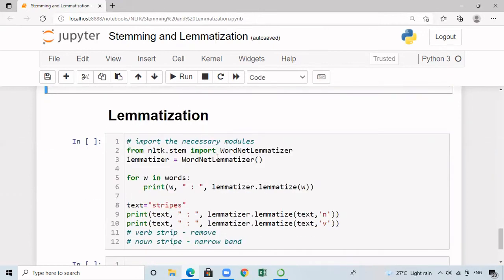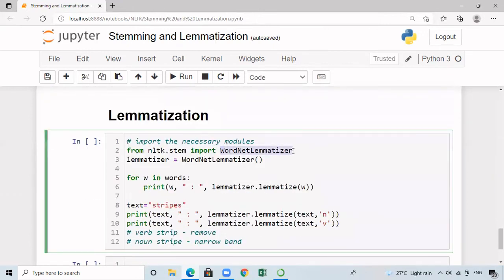For applying lemmatization, we need to import WordNetLemmatizer, and this is available in nltk.stem. After that, create an object for the class WordNetLemmatizer, and that is stored in the variable called lemmatizer. Then I'm going to take each word in the list of words. Then lemmatization will be applied to that particular word.